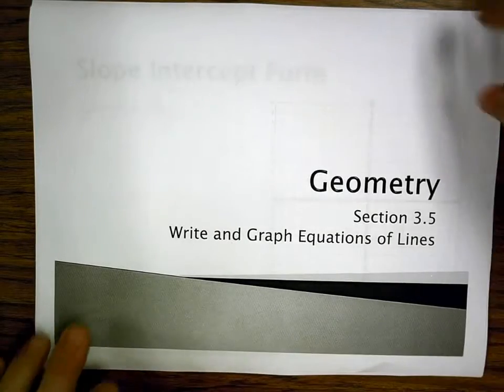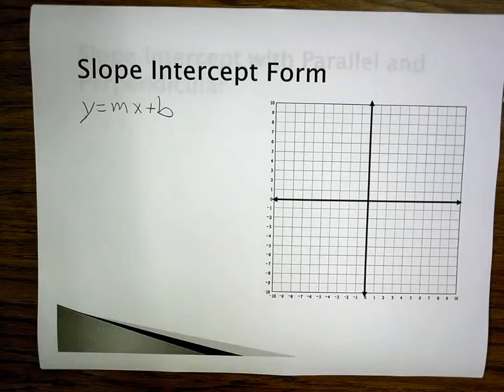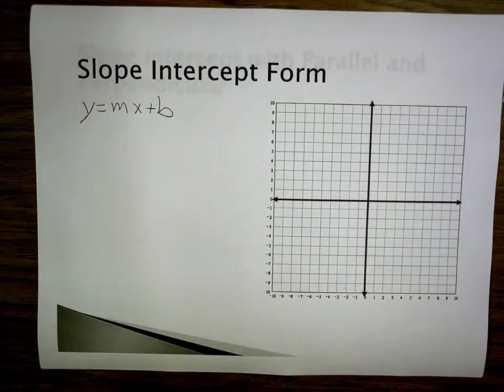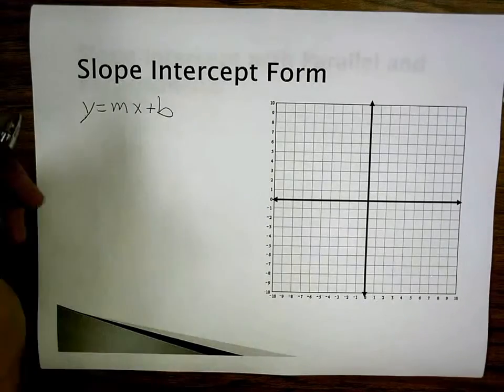In section 3.5, we're looking at writing and graphing equations of lines. And this carries over from what we saw in the last section, which was looking at parallel and perpendicular slopes when looking at equations. So we actually have two ways we can graph. The first one, and probably the more common method you're familiar with, is slope-intercept form, which is written as y